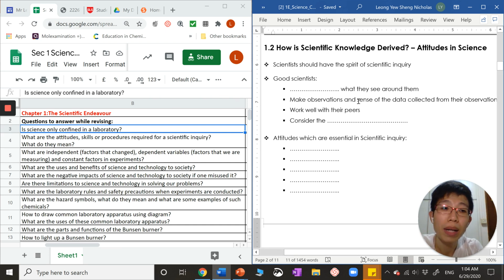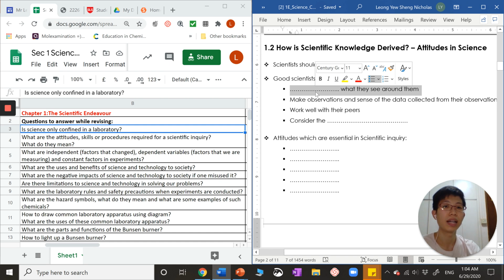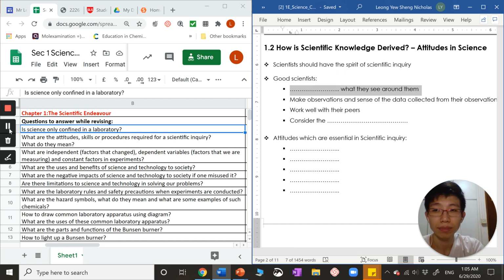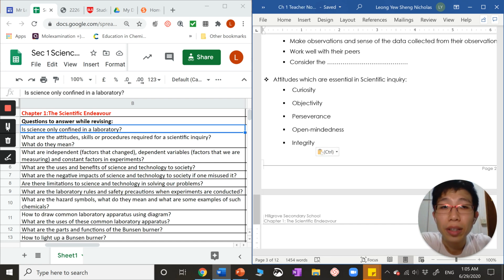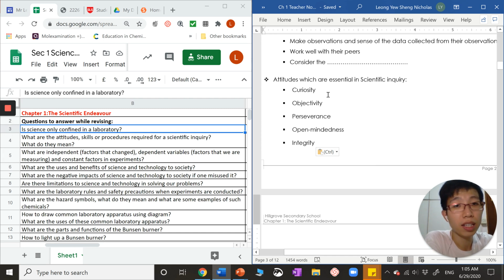Once they have seen something, after that you start to question: oh, why is it like that? That's why you start trying to make more observations and get a sense of the data being collected. The attitude you need to have for scientific inquiry is curiosity, to be curious about what is happening around you,